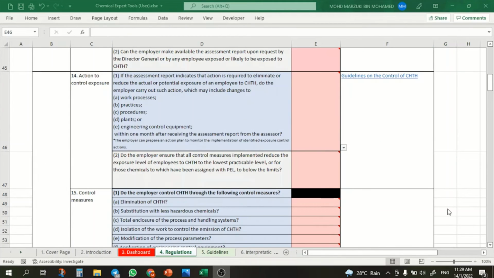To answer the question, the user is provided with 2 selections of answer. The first one is yes or no. This answer is designed for a question that has limited answering options. Every answer cell in this tool is provided with a note to help the user understand what 5 stands for, what 0 stands for, and what NA stands for.